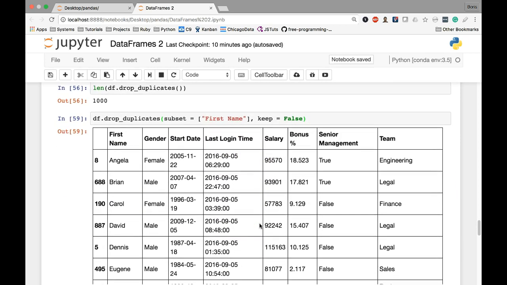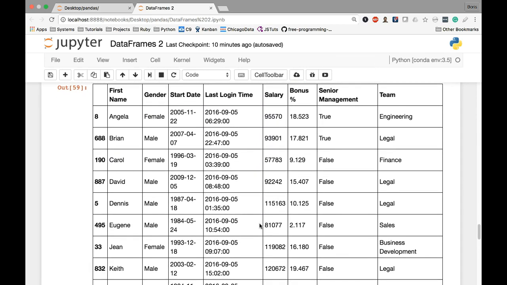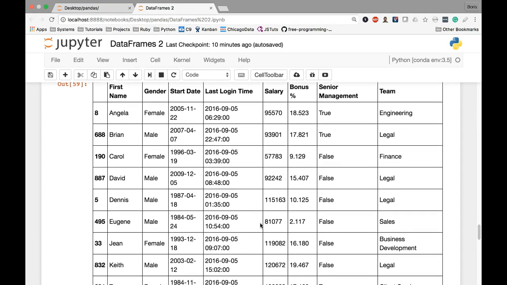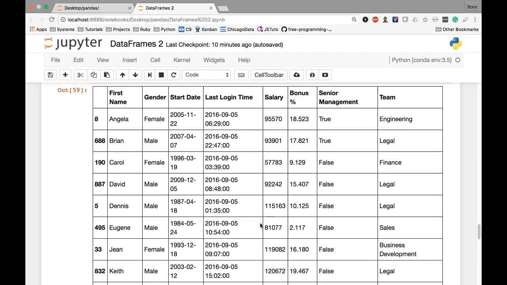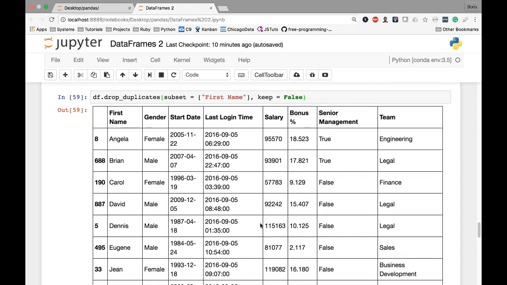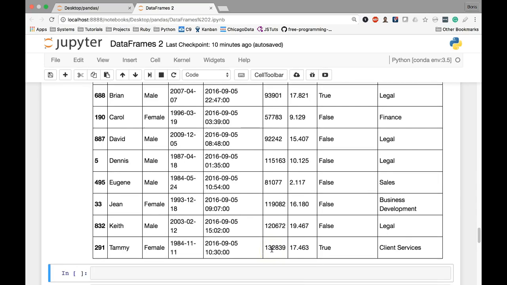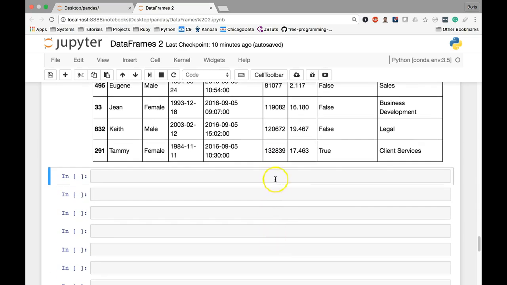And here we again have a pretty shortened data frame that has only those names that occur once, period, throughout our entire data frame. Now you have to be pretty careful here. I actually want to do another example that'll be kind of funny. If a value is completely non-unique, what's going to happen is you're going to get a blank data frame. For example, let's say I want to perform this drop duplicates operation,